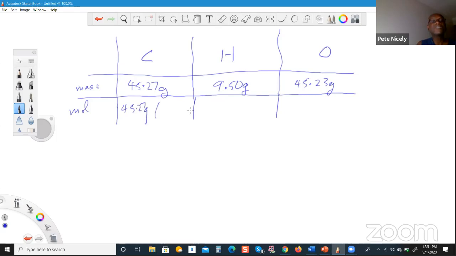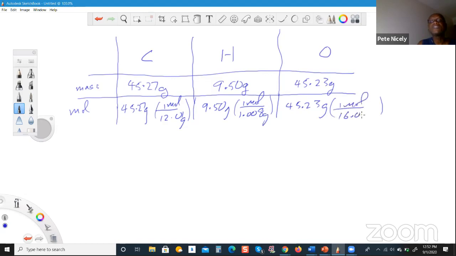45.27 grams multiplied by 1 mole over 12.01 grams. In the case of hydrogen, 9.50 grams multiplied by 1 mole over 1.008 grams. And then in the case of oxygen, 45.23 grams multiplied by 1 mole over 16.00 grams. And again, we use our calculators to crunch these numbers, starting with the carbon,